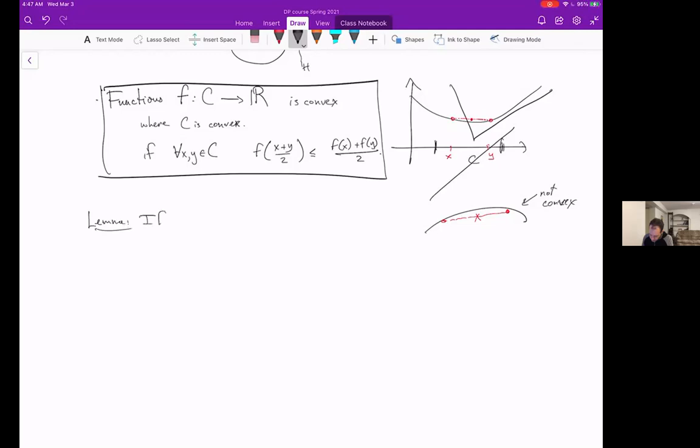If C is convex, and F is a function from C to R, then, and again, this works in any dimension, F is convex if and only if the following holds: for every X in the domain, I can find an affine function G